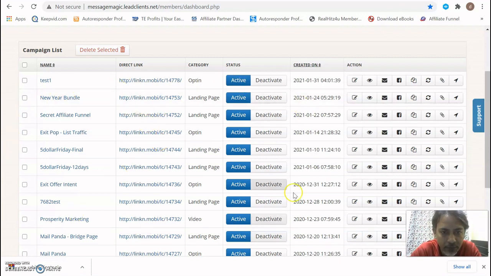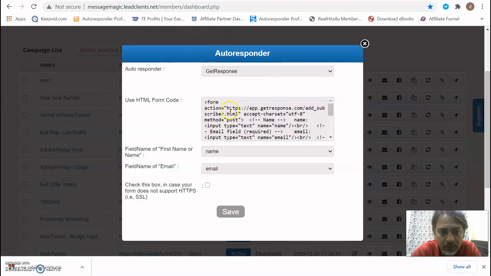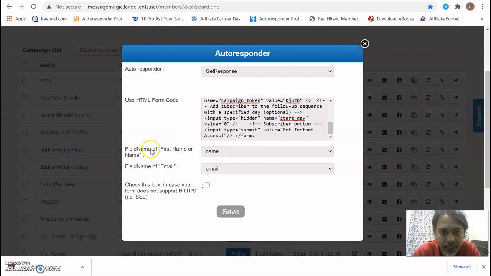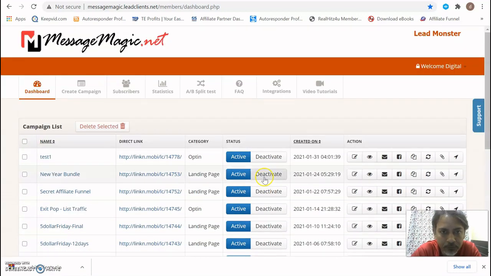As you can see, I have created a lot of different campaigns, and I could show you some of the things which I did not show you here. For example, exit pop-up, and then see the GetResponse integration. This is what I've got from GetResponse. I had created a form over there and then pasted it over here, and then it just mapped first name with the name, and email with the email, and automatically when someone is inputting the data here in the pop-up, it is also going to my autoresponder. That was one. Now let me show you how you can make use of the WordPress plugin